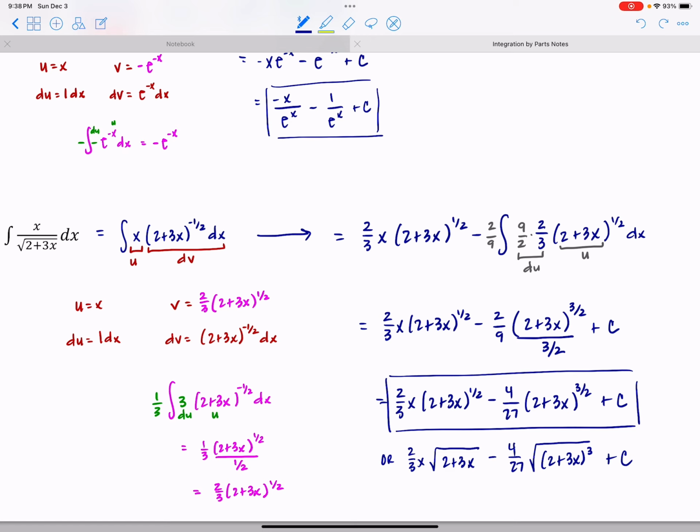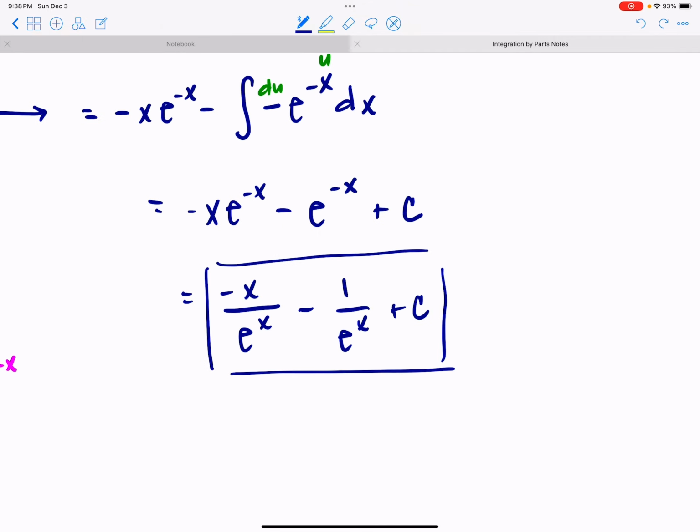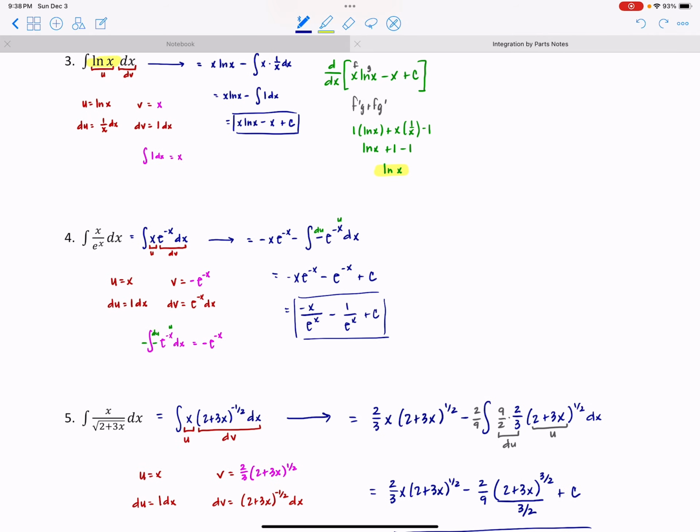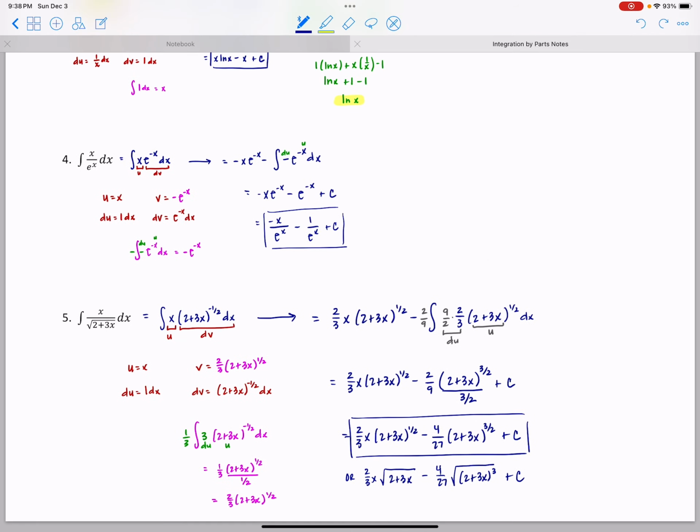Okay, it's kind of similar to up here, both of these answers would be totally fine. It's just preferred to not have the negative exponents, so make the fractions here, but either one would technically be correct. Okay, so I'm hoping I'm giving you enough here to try to work through the problems that I've assigned to you in your homework,